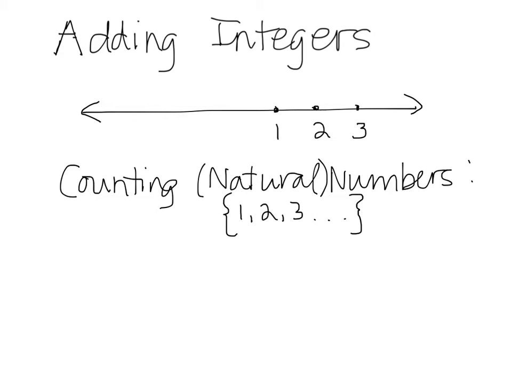Then, in several parts of the world, different people came up with the concept of 0, including the Mayans in Central America and the Indians and the Arabs, and so they added that to the number line. And this set of numbers is only different from the counting numbers in that it has 0. And one way you can remember that is it has an O, and the O is like 0. The whole numbers